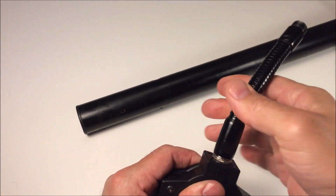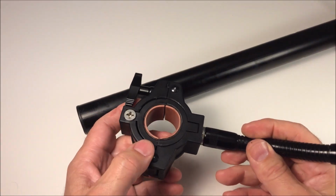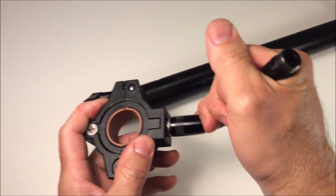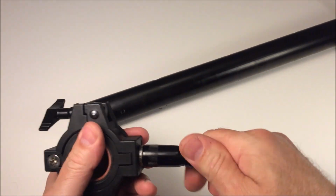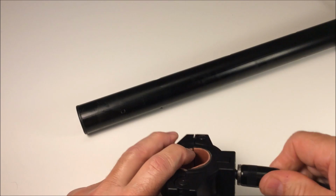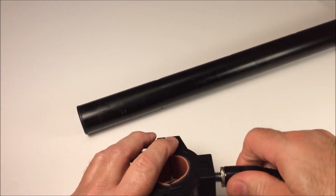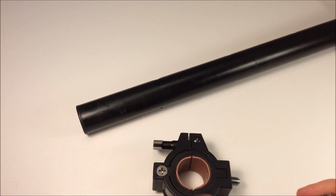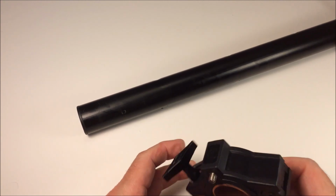So here's a gooseneck. You can put a mixer, whatever you want, a camera with an adapter over here, and any size gooseneck should be pretty good and safe on this clamp, because this is made for holding light fixtures, which are pretty heavy. The other thing that you can do, and this is the third tip, I made a